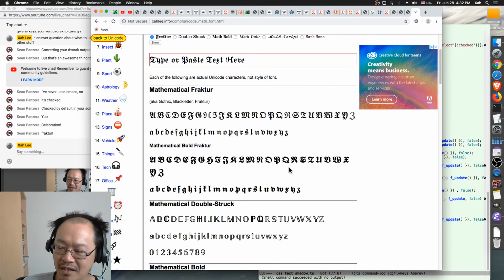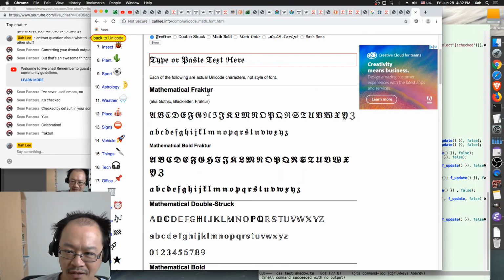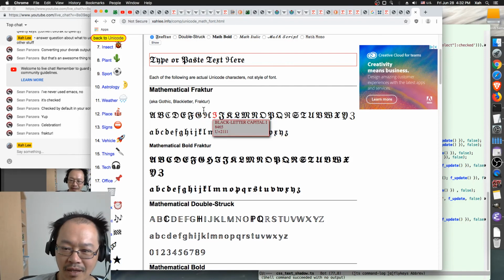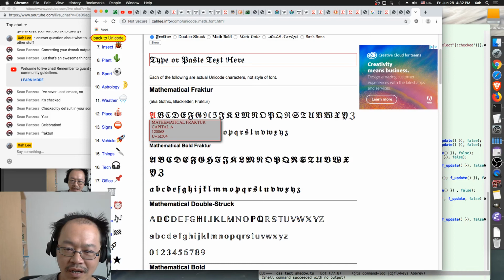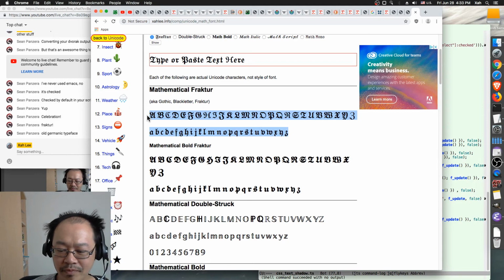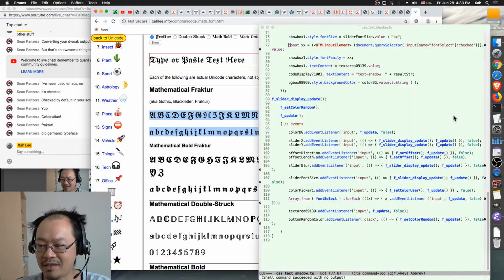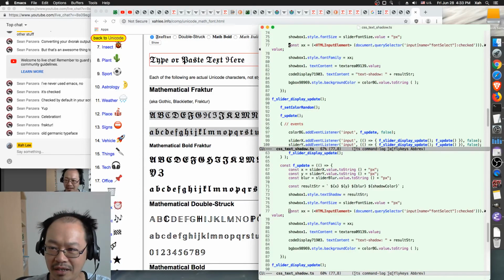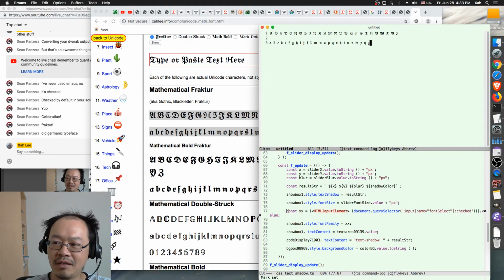These are technically called Fraktur letter font. But anyway, these characters are not actually a font. They are just Unicode characters. For example, I copy them. Oh, Germanic typeface, yeah. So I copy them,